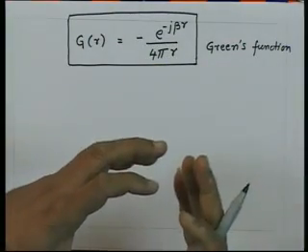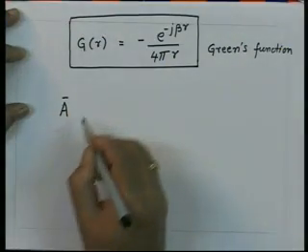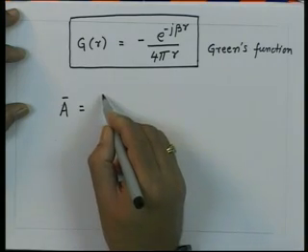So, if I convolve the Green's function with the spatial distribution of mu times j, then I can get the vector potential at an arbitrary location in space. Essentially it is a convolution of the two. So, the vector potential A at any location will be given by